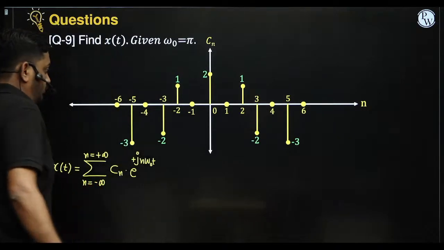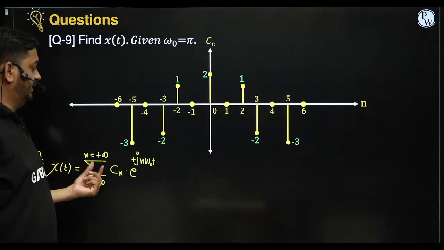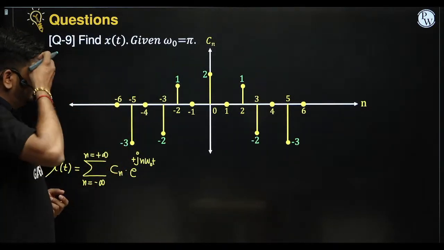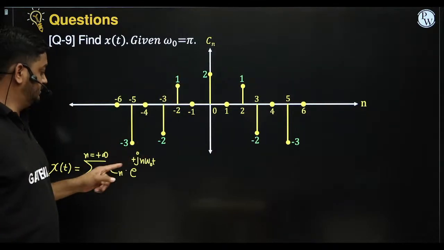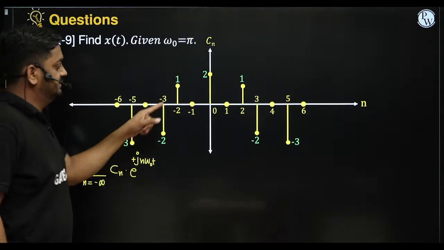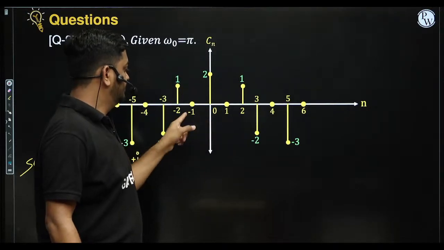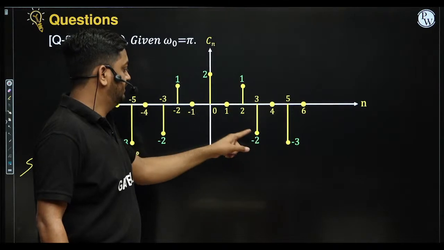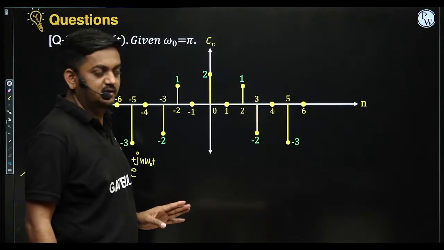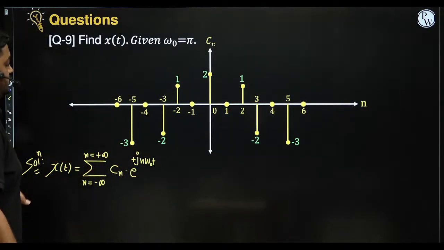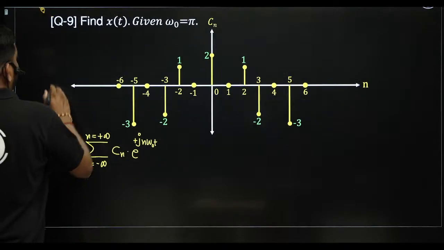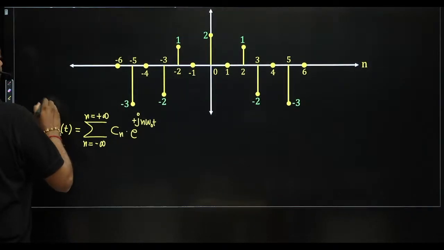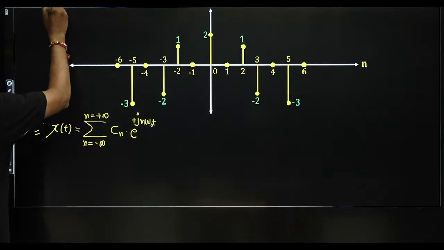Now simply what you have to do is put the different values of n and the corresponding value of Cn, like n equal to 0, so this is 2, guys. So for n equal to 0, this is c0, this is c1, this is c minus 1, this is c2, this is c minus 2, this is c3, this is c minus 3, and so on, guys, correct? So simply you have to put the different values of Cn here, and the corresponding value of n also. So we can write like this: